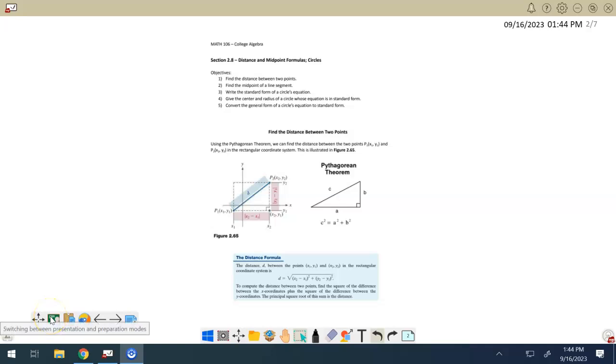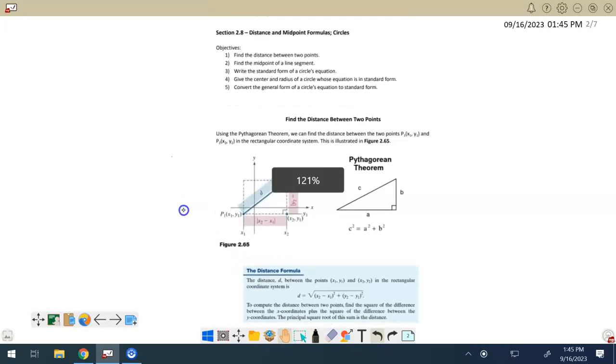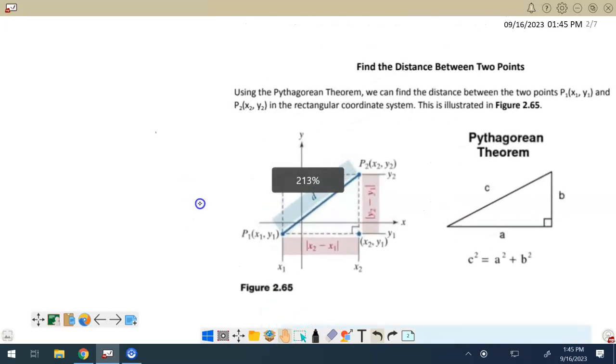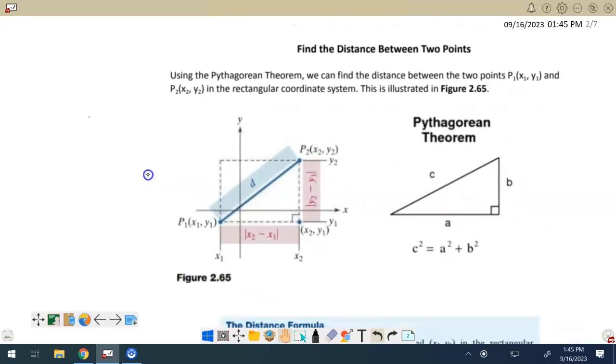In this video, we're going to be taking a look at section 2.8, which is on distance and midpoint formulas and on circles. So let's go ahead and take a look at the first topic, which is how to find the distance between 2 points on the Cartesian coordinate system. So if you're trying to find the distance between point 1, which is located right here at x1, y1, and